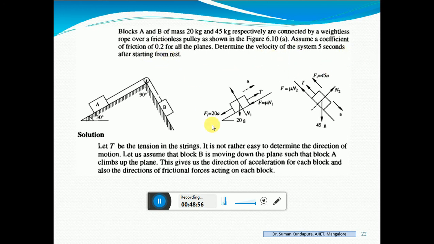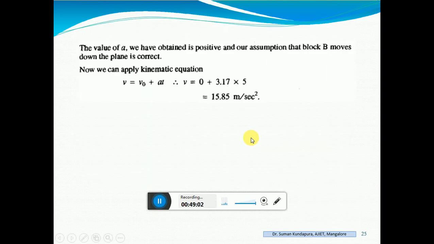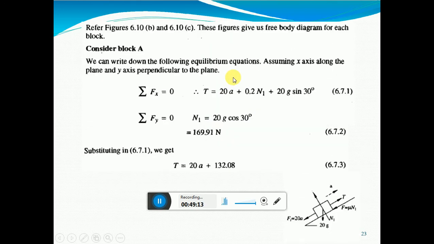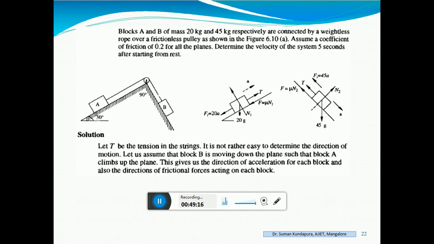After 5 seconds from starting from rest, we will use the first equation of motion, so we have to arrive at the acceleration. How are we going to arrive at it? Similar to how we solved the previous problem. In that case block B was hanging in air, whereas in this case it also touches the surface. So friction force will appear here and here, and normal reaction will appear in both cases. There is a self weight acting downwards. You have to carefully resolve the forces.